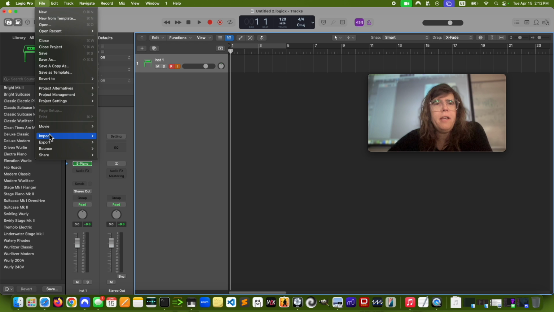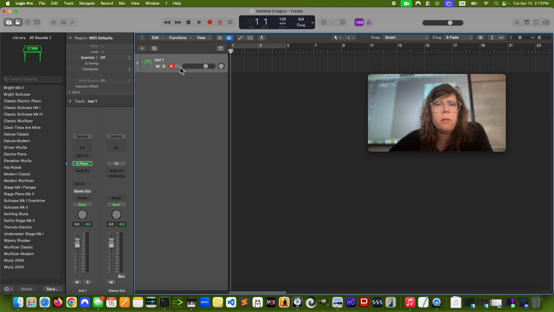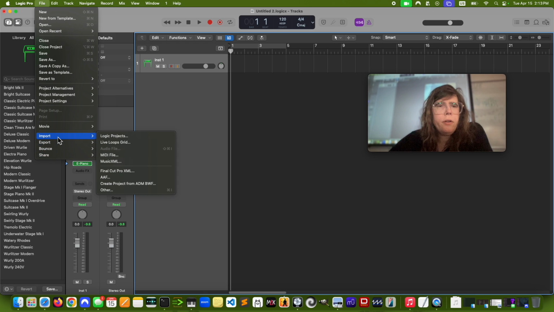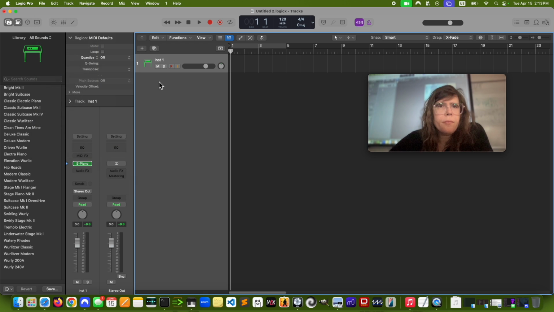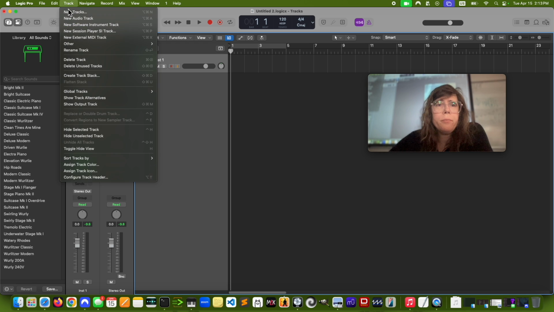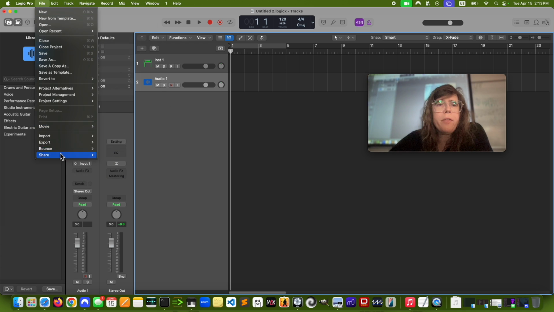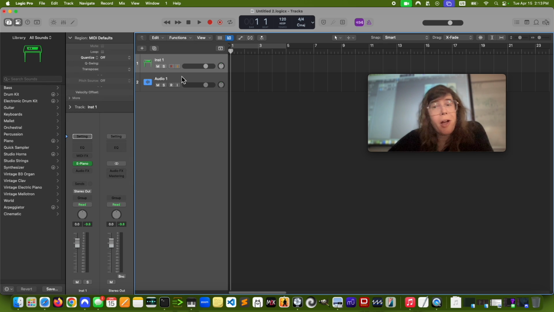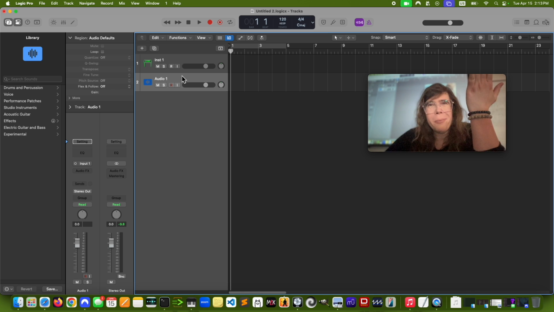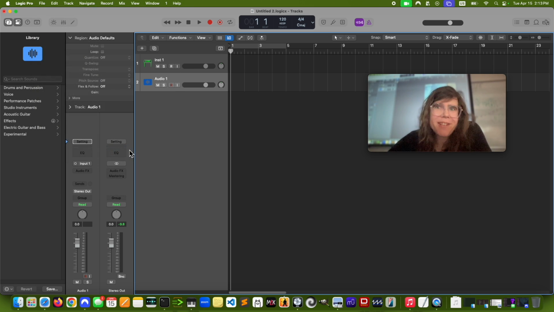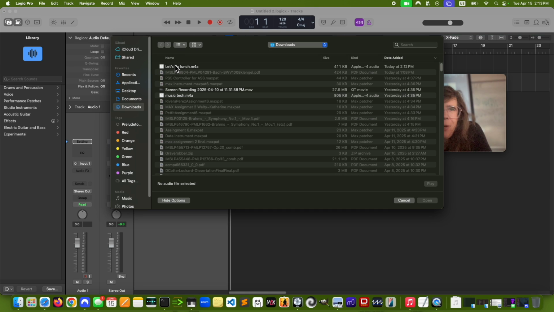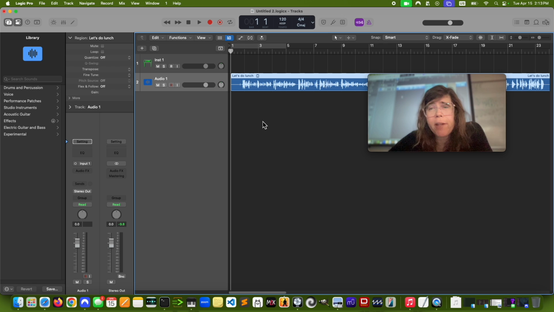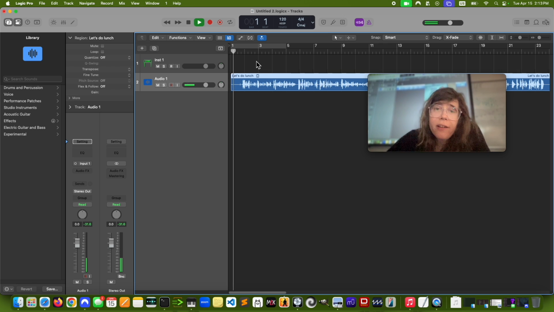File, import. You're not going to let me do that today, are you? I think it was actually blocking me from that. Yes, okay, good call. If I have that thing selected, it's going to block my ability to do that, even though I want to make a new track when imported anyway. So you want to make sure you have an audio track, and then import, and then it'll let you do it. There it goes. It wants to import directly to an audio track. Great, okay. Let's hear it.